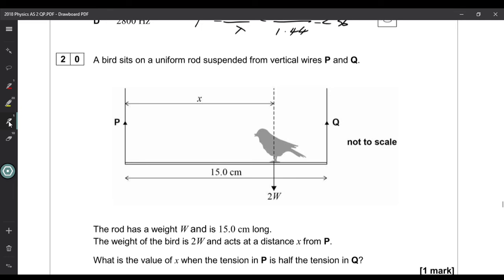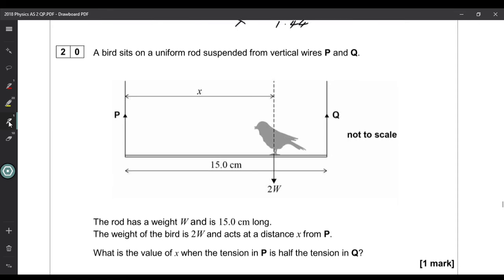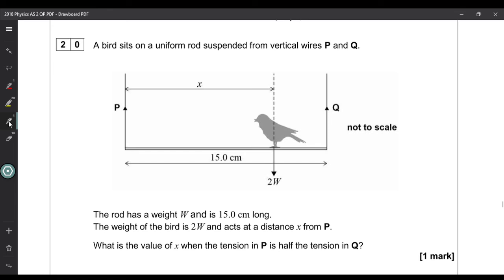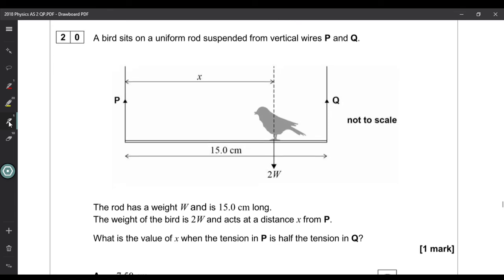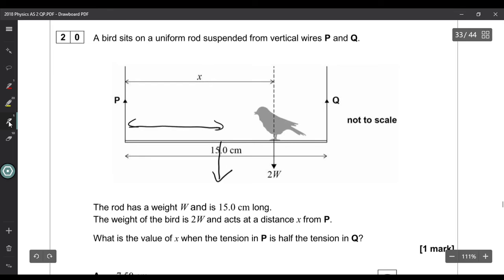Question 20 is going to ask us to look at moments. We're told that a bird sits on a uniform rod suspended from vertical wires P and Q. The weight of the rod is W and is 15 centimeters long. So the weight is going to act down halfway, and that is going to be 7.5